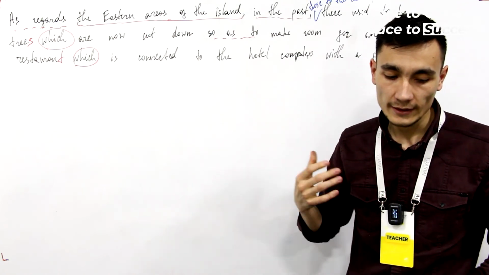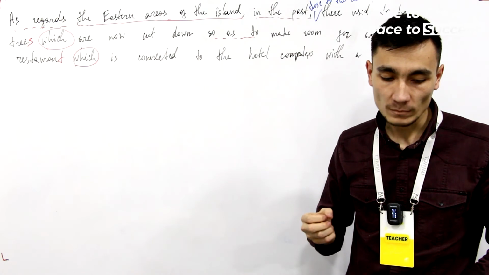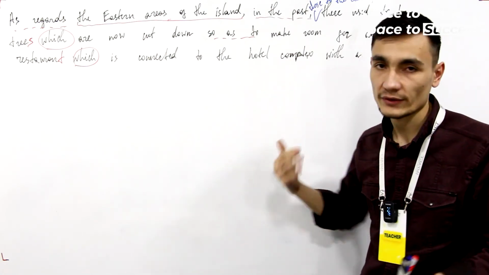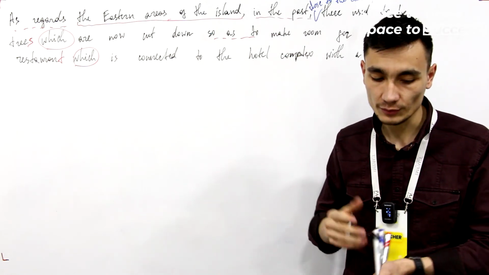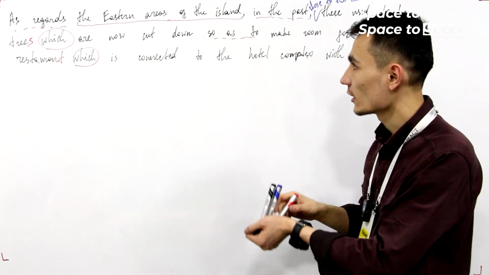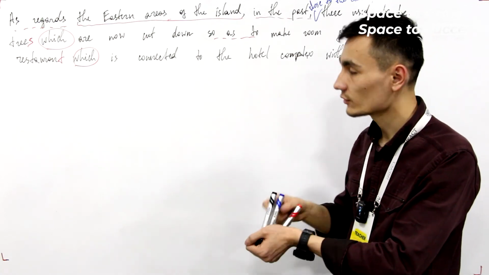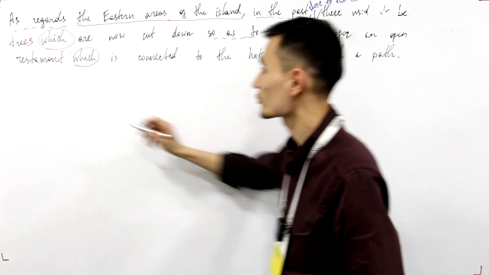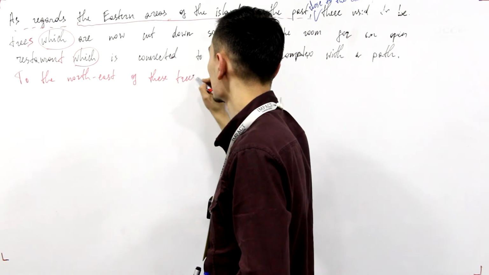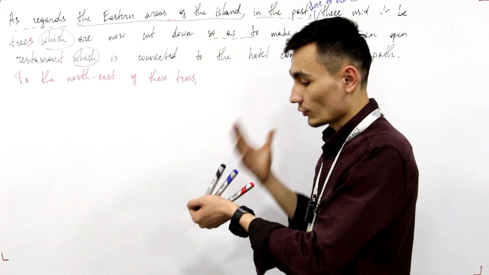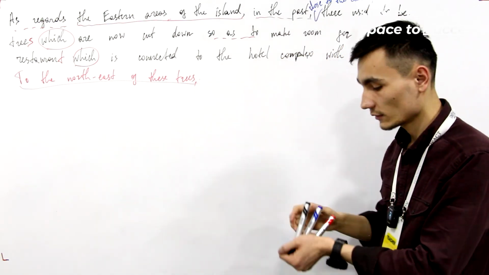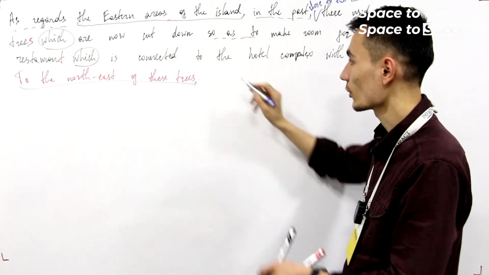Let's just say now, in the northwestern part, to the northwest of it, let's simply say there was a natural spring, right? So let's continue. Let's say to the northeast of trees. So we'll add this structure, to the northeast of these trees. So the trees that I mentioned in the previous sentence, there used to be, or there was,